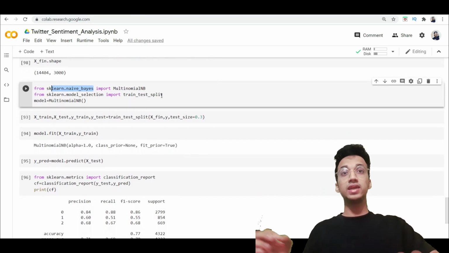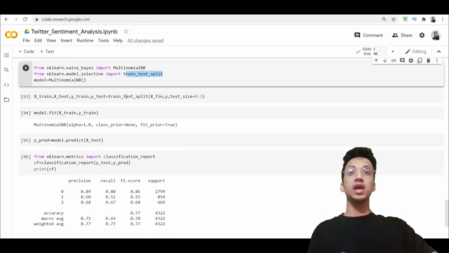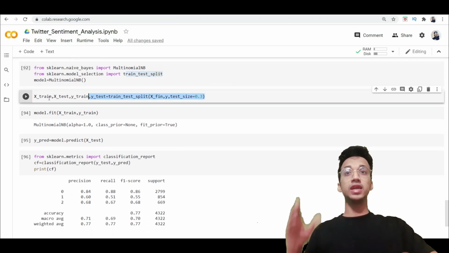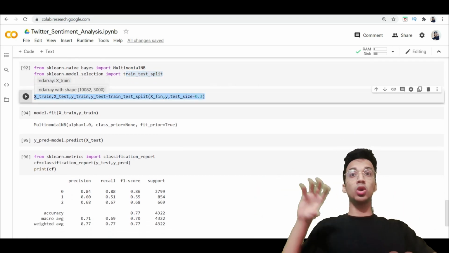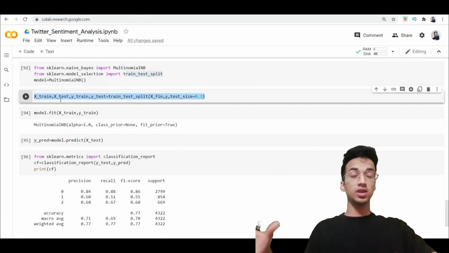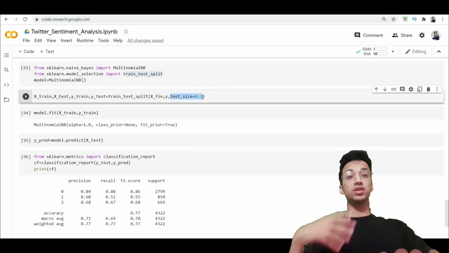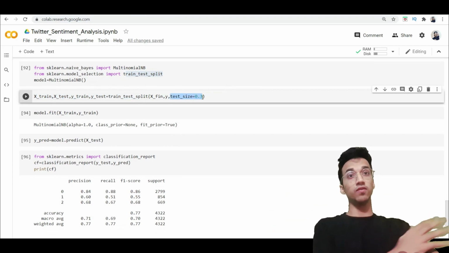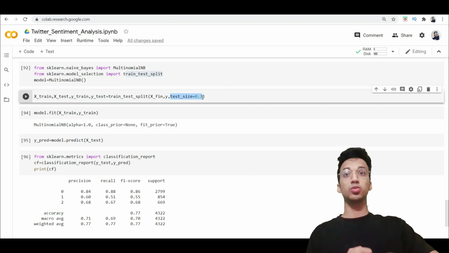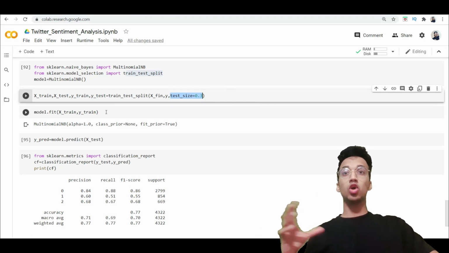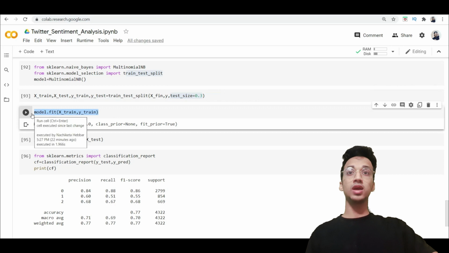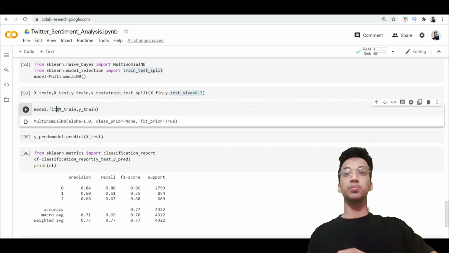I'm calling the train_test_split function, right? And I'm splitting the dataset into training and testing sections. My model will be trained on the training set and then we'll test it on the testing set, all right? When I say test_size is equal to 0.3, it means that 30% of the dataset is reserved for testing and 70% for training, right? So I call model.fit to train the model and give the training section as the input.